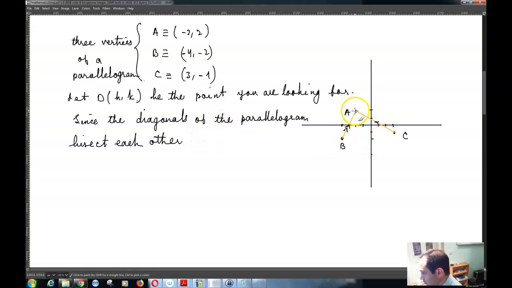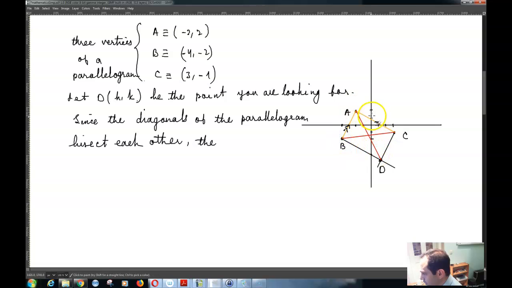If I assume, for example, that point D is somewhere over here, let me draw some line over here just arbitrarily, and if these are the two diagonals of the parallelogram,